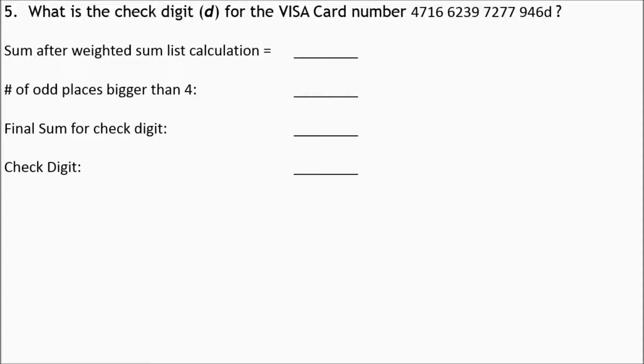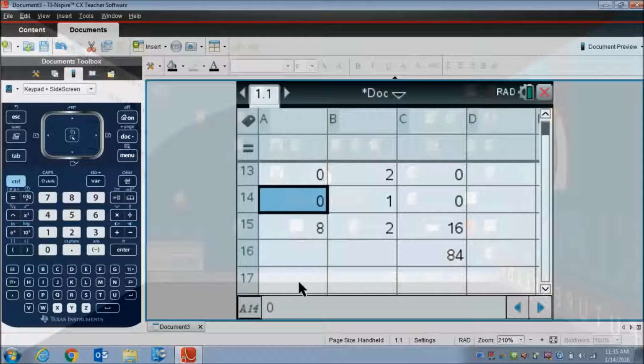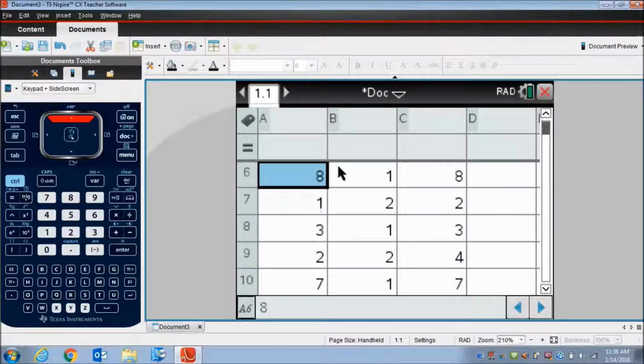All right, and again, for this one, we want to find the check digit. So we're going to go through the process again and find that check digit. All right, so come back over here. And again, I've already got everything typed in. I just got to update my number. All right, and so that is